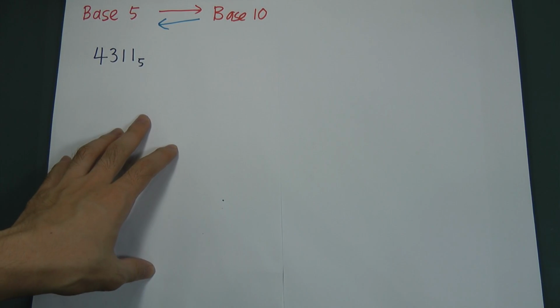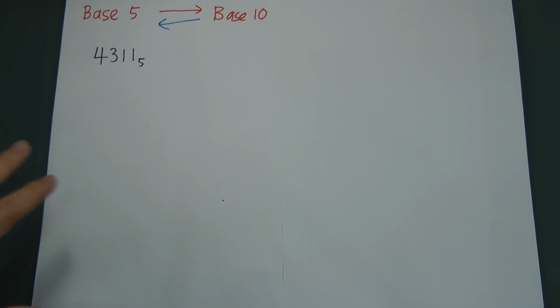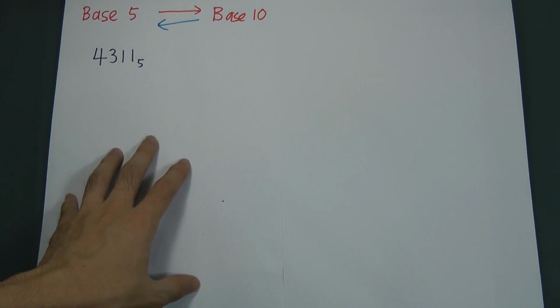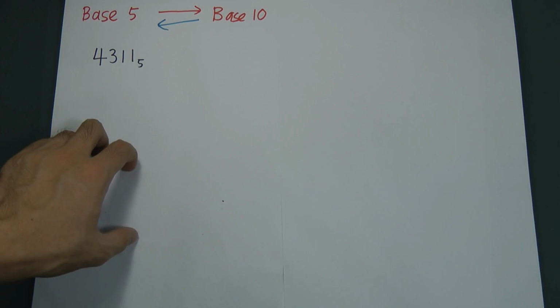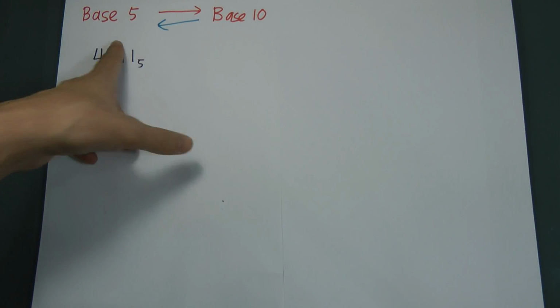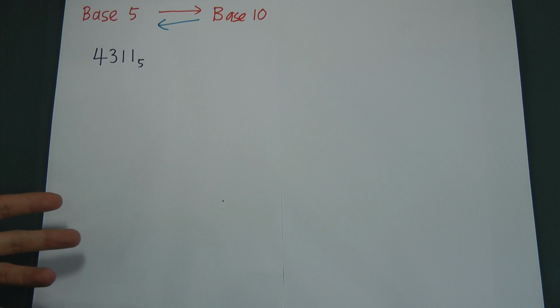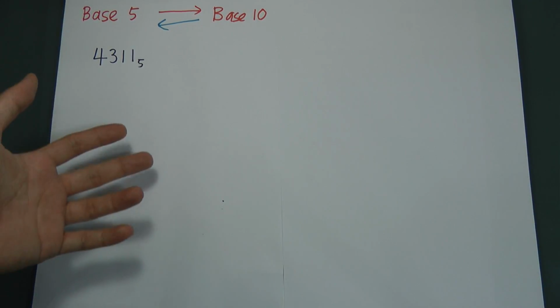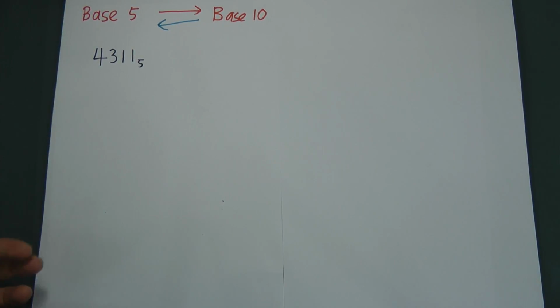This is the number base, which is the first chapter of Modern Math Form 5. In this video, I will teach you almost everything about number base. From base 5 change to base 10, and then from base 10 change back to base 5, and you will learn how to do the plus and minus for base 2,